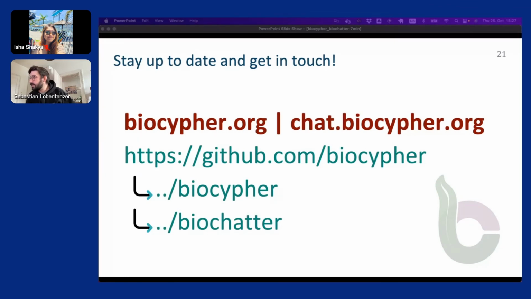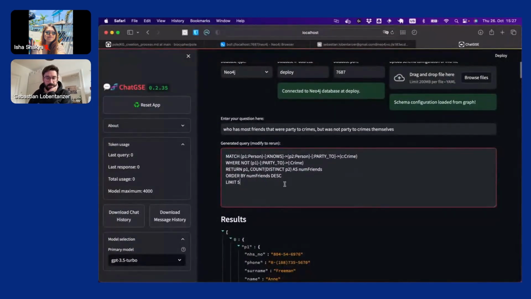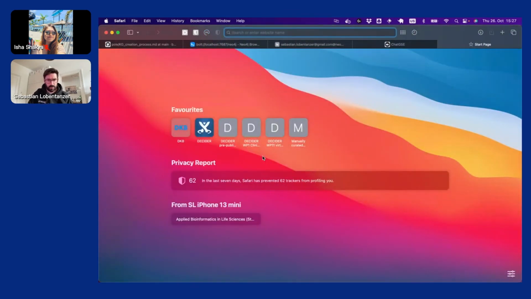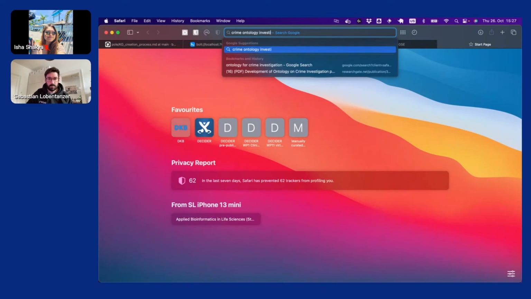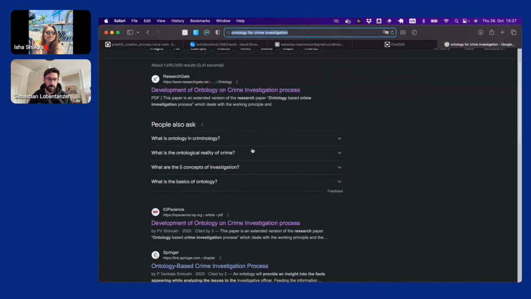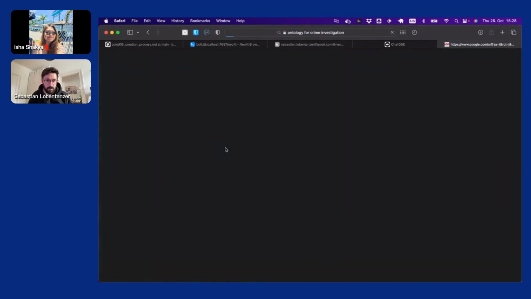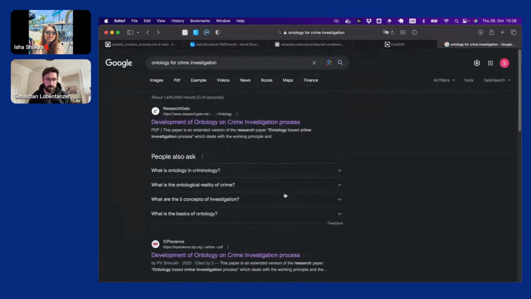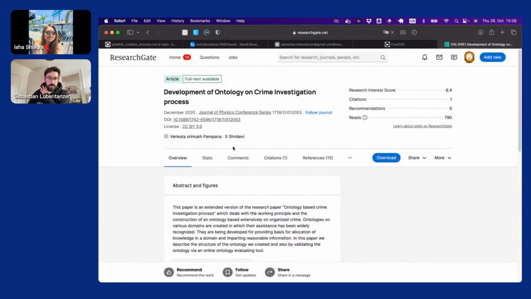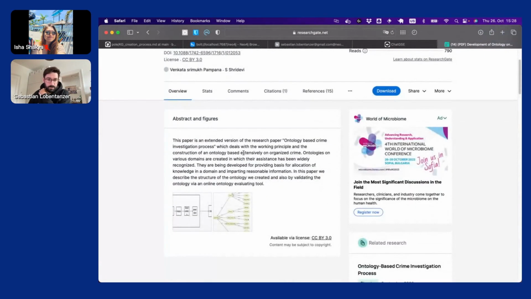There's something about the ontology. Yes. So as I said, I'm not hugely invested in crime investigations. So what I did was Googling something like crime ontology, this here probably. And then I found a couple of papers and decided on one of them because I was able to access the web page where they had the actual ontology. And this is basically about it.